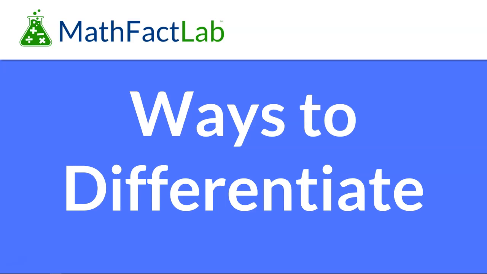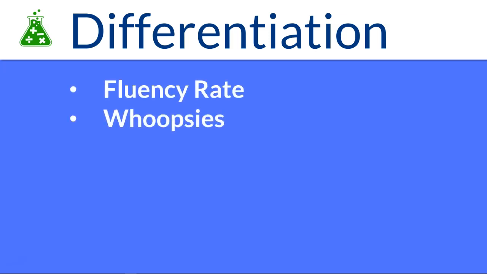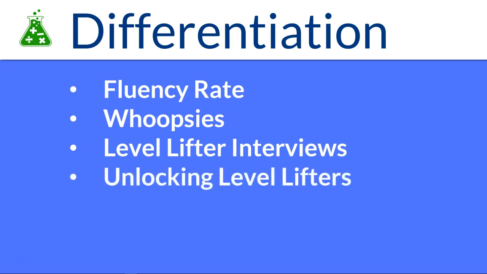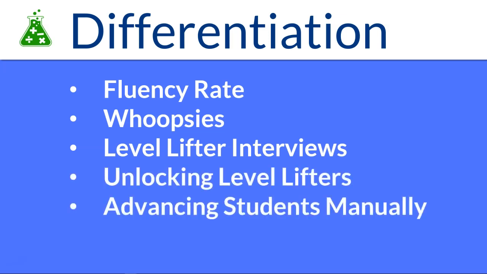meet individual student needs. These include adjusting the required fluency rate, changing the number of whoopsies, which are the allowed errors on our level lifter assessments, giving level lifter interviews, which is a means of alternative assessment, unlocking level lifters, advancing students manually, and displaying the fingers trick strategy for 9x9 multiplication facts. Note, you can jump to descriptions of any of these features by using the chapters tool on the Vimeo player